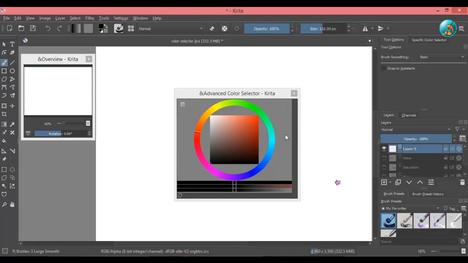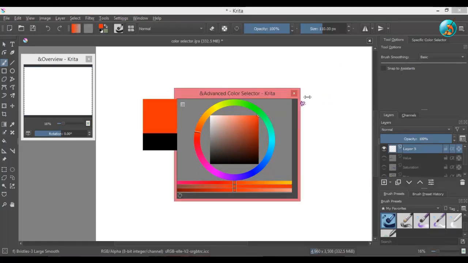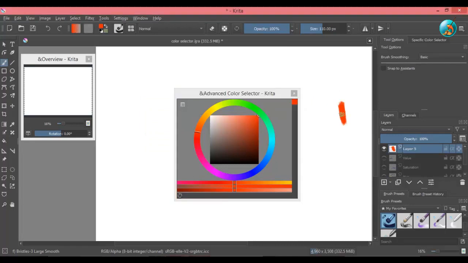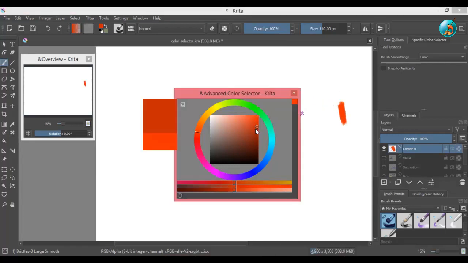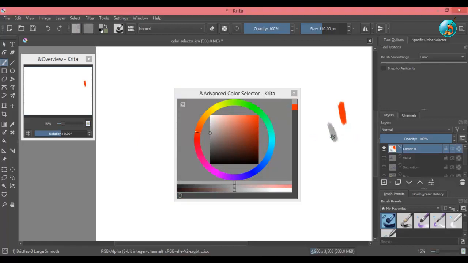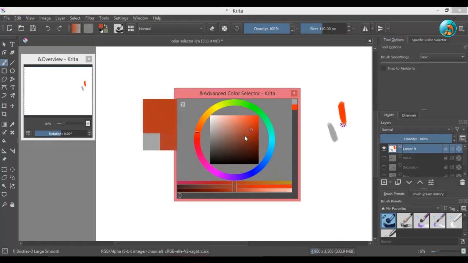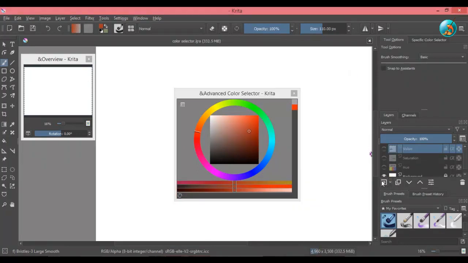We will first look at the saturation. If you take a color from the extreme right of the square, you will end up with a highly saturated color. And if you select a color from the very left, you will end up with gray or desaturated color. So whenever you go from right to left or vice versa, you will be changing the saturation. Now if I select a color from the top left corner of the square, you will see that it is completely white. But if selected from bottom left corner, it is completely black.